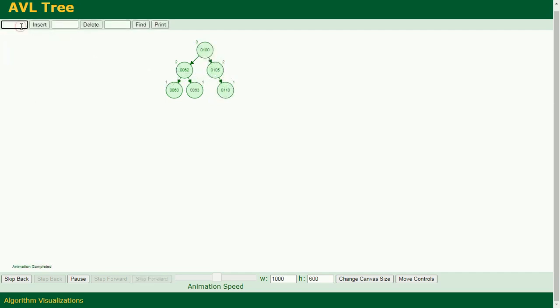Not required any. Now see we will insert like 120. And this is again an RR. Every time you can see a single rotation is sufficient to solve my problem. It's entirely balanced now. Suppose I want to do an LL rotation. So we'll insert 50.